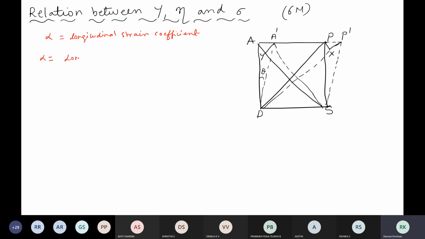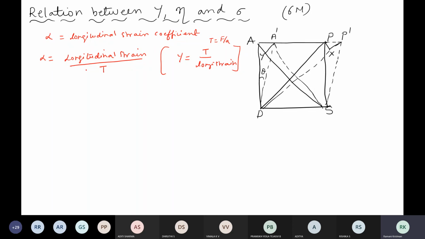So the definition is longitudinal strain per unit tension, per unit force. Instead of tension, I said it is the same. So this is the definition. If I do the reverse, T by longitudinal strain becomes Y, Young's modulus. T is the force acting per unit area. So Young's modulus is tension, force per unit area, by longitudinal strain. And alpha is the reverse of that: longitudinal strain by tension, right?